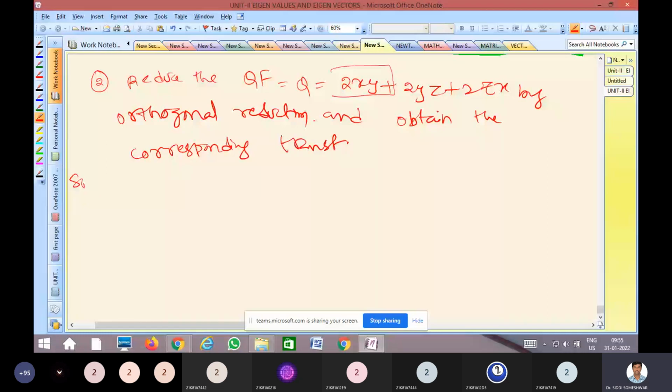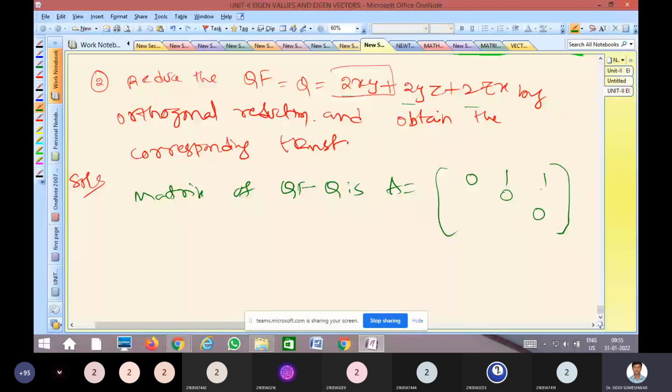So here you can observe there are no square terms in the given quadratic form. Now we are going to get only square terms in the quadratic form, right? So how that, let's see. First we will write the matrix of the quadratic form. Q is A equal to, right? There are no diagonal elements, all are zeros, and you can see here 2xy, so obviously this gives you 1 1 1 1 1 1, which is a symmetric matrix.